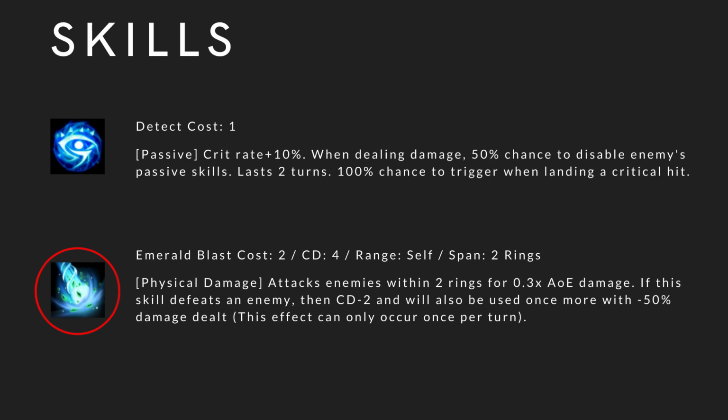Emerald Blast, cost 2, cooldown 4, range self, span 2 rings. Physical damage, attacks enemies within 2 rings for 0.3 times AoE damage. If this skill defeats an enemy, then cooldown minus 2, and will also be used once more with minus 50% damage dealt. This effect can only occur once per turn. So when you kill someone, it's gonna do it again. It's crazy. I'm pretty sure this is the main 2 cost skill that you're gonna bring when it comes to PvP. PvE, debatable. But yeah, it's very...